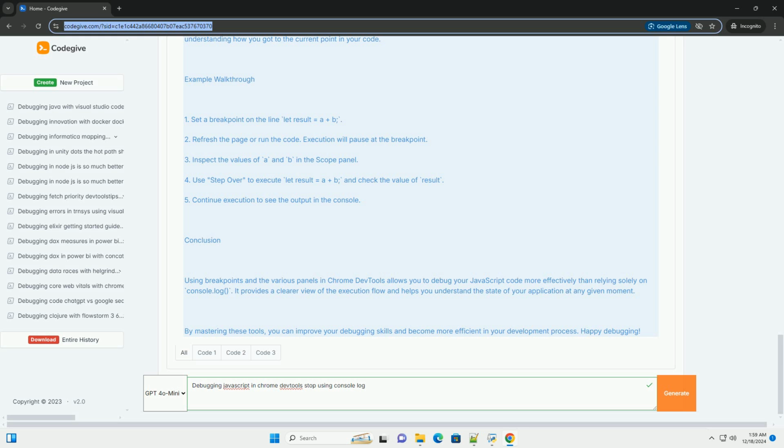JavaScript. function calculateSum(a, b) { let result = a + b; console.log(result); // Instead of using this, we will debug using breakpoints. return result; } function main() { let sum = calculateSum(5, 10); console.log('The sum is: ' + sum); } main();